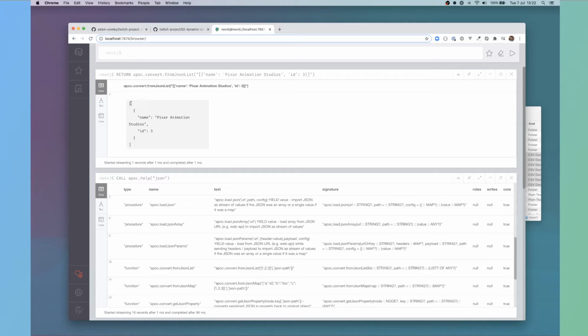So that's turned that into an object or a map, which the term is map inside Cypher. So that will give us a Cypher map, and then we can use that to manipulate the data, and then we can create nodes and relationships off of there.